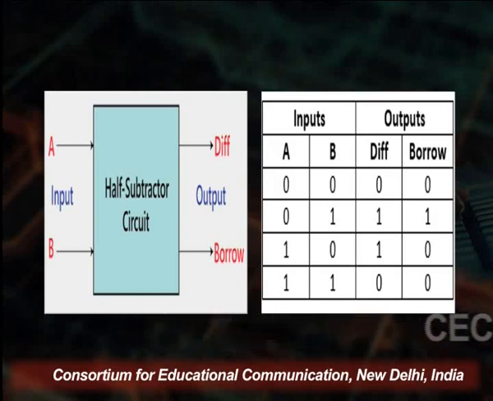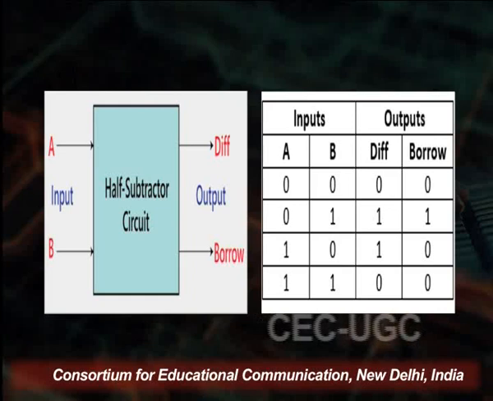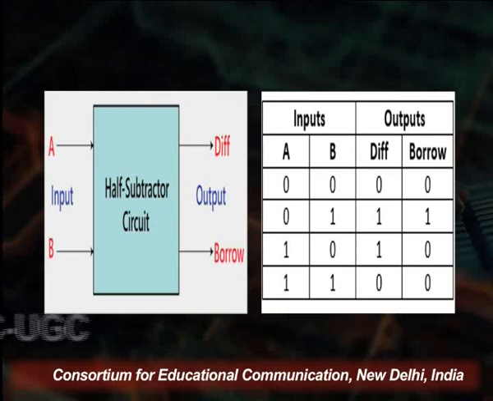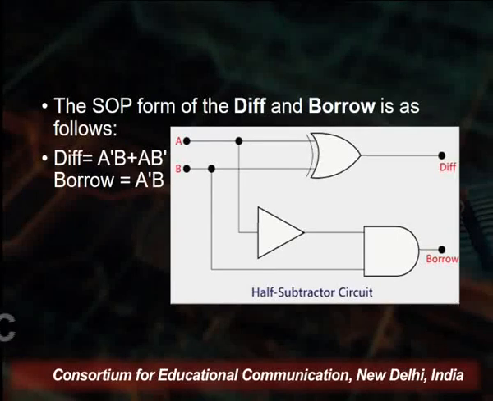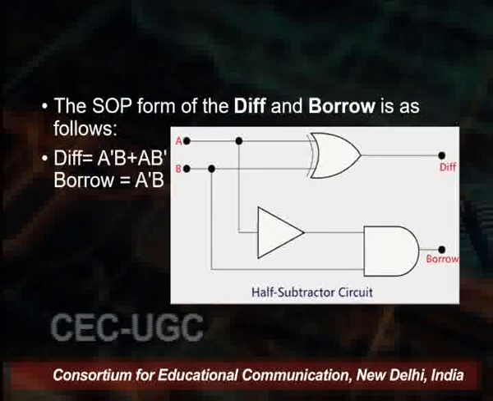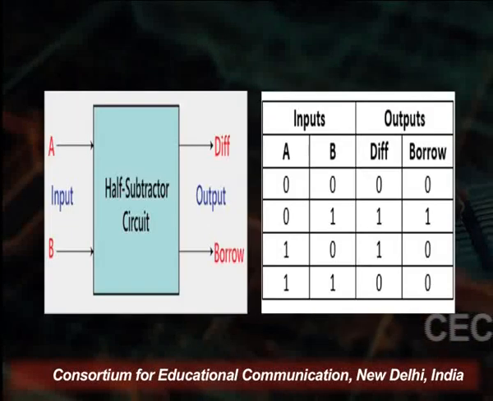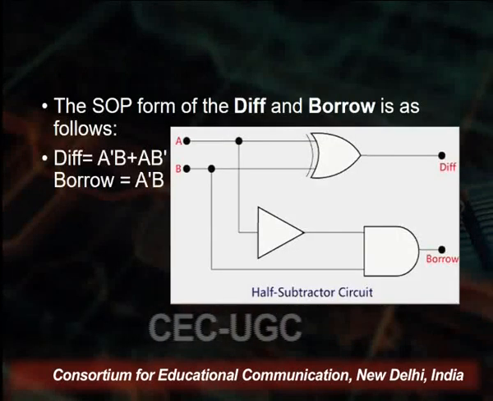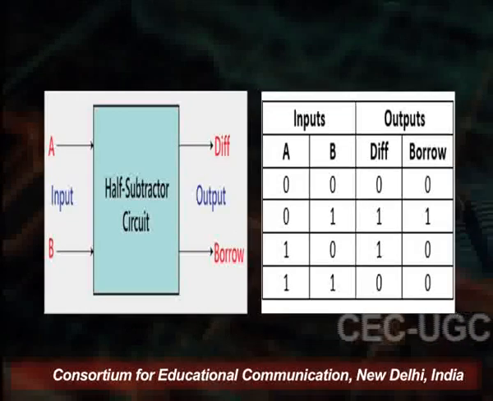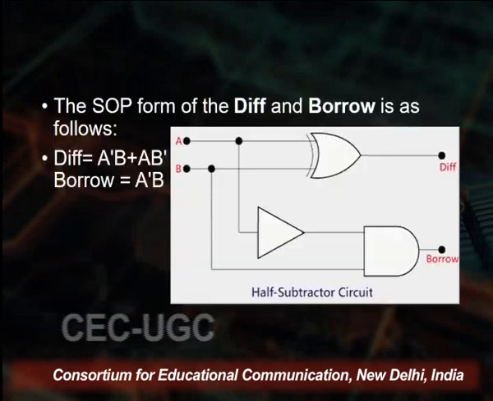Coming to the truth table, inputs are A and B, so we will have 4 possible combinations. Look at the difference column: 0 1 1 0. Look at the borrow column: 0 1 0 0. Let's see when this is going to happen in each of them. The difference and the borrow expressions from the truth table have been converted into the terms of the inputs A and B. So since we had 0 1 1 0 in the difference column, the expression will be written as A dash B plus AB dash. Look at the borrow, you have only a single 1 appearing in the second row, so we have the expression